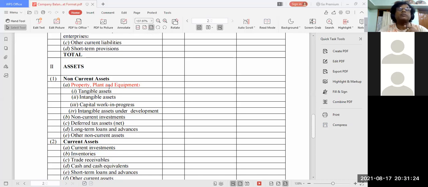What you have to write, please tell me anybody, what I have written here, the red one. Property, plant and equipment. Please remember, in company, and this is the effect of IFRS actually. But you may ask me, sir, division 1 में तो IFRS है ही नहीं, ये तो Indian system में होता है, accounting standard तो क्यों? लेकिन this is accepted in any Indian company balance sheet. You have to accept it, but in other balance sheets there is no doubt it is coming directly from IFRS concept. But in all companies' balance sheets, even where IFRS is not used, Ind AS is not used, there also you cannot write fixed asset.